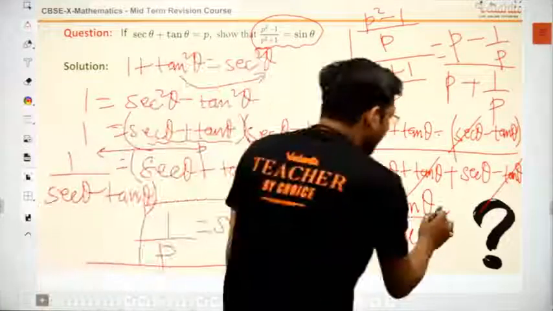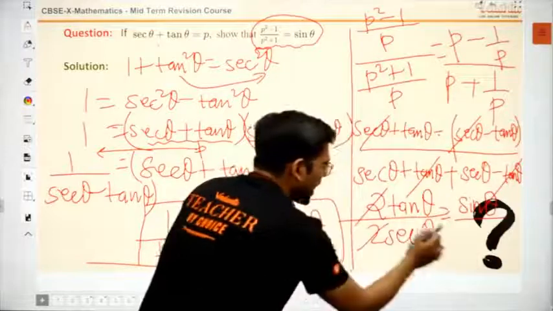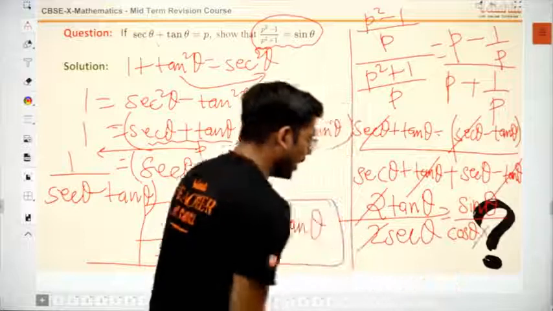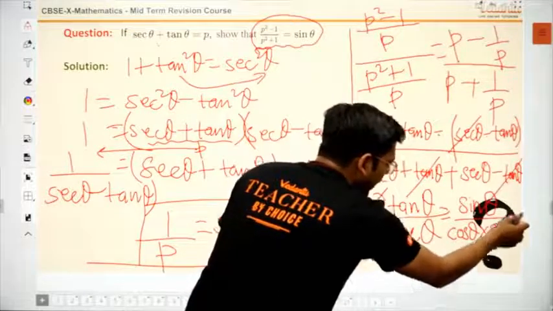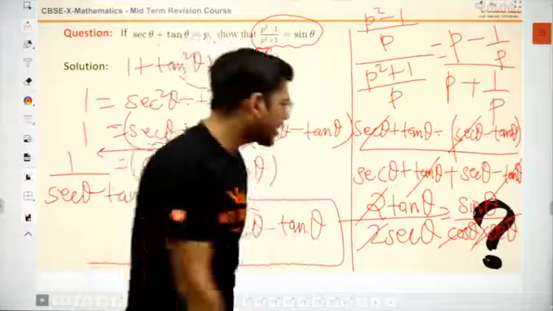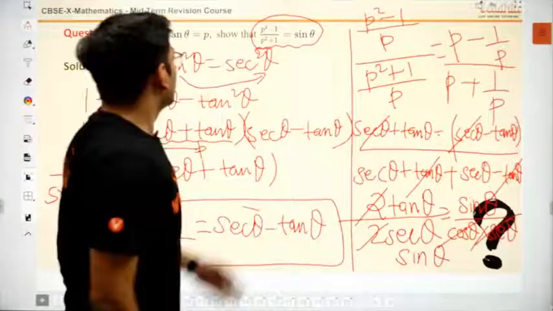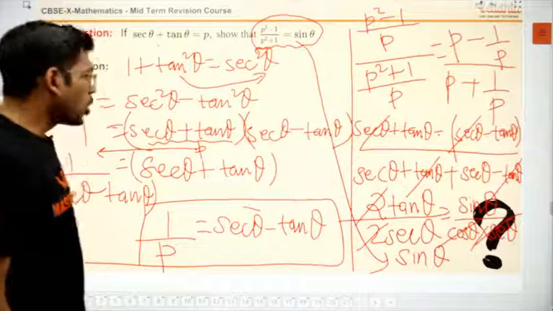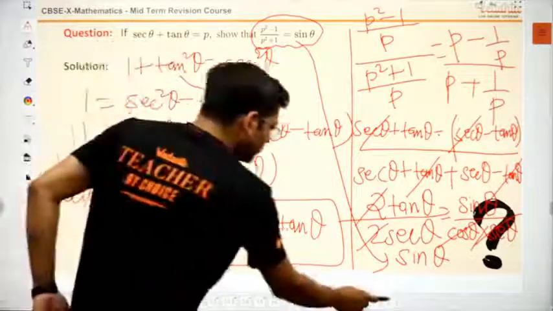I will tell you, yeah. Tan is sin theta divided by cos theta. Sin theta by cos theta into sec theta. I will write it as sec theta only. Sec theta into cos theta is 1, yeah, because sec theta is the reciprocal of cos. Sin theta, final answer. We got it as sin theta. See, this only we had to prove. We proved it. Although it was a long question, we proved it so easily.